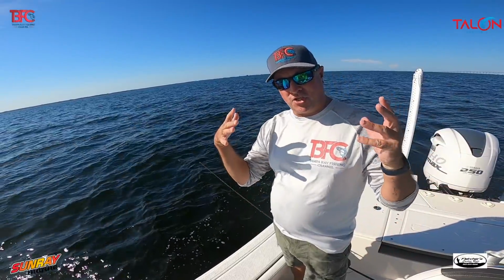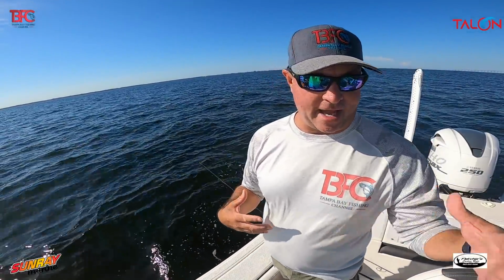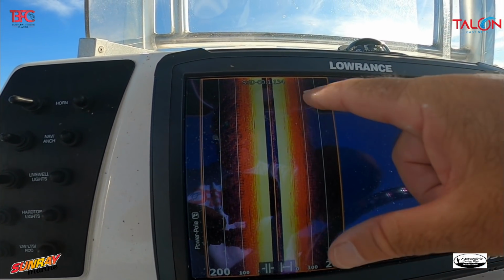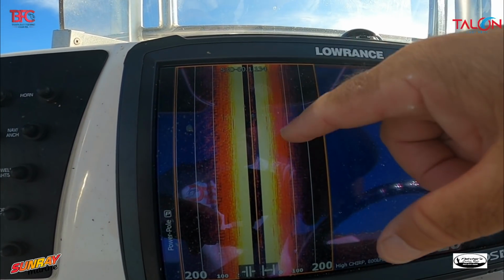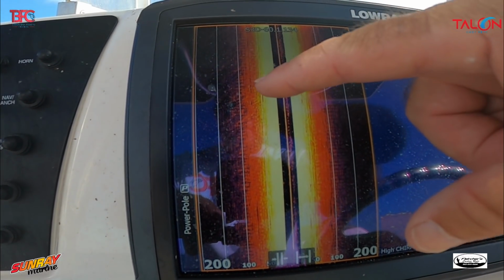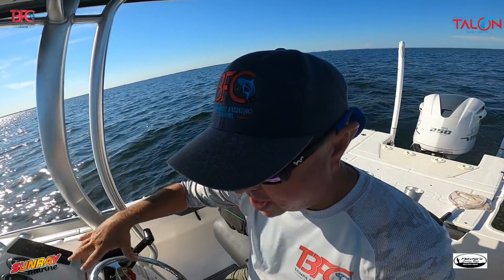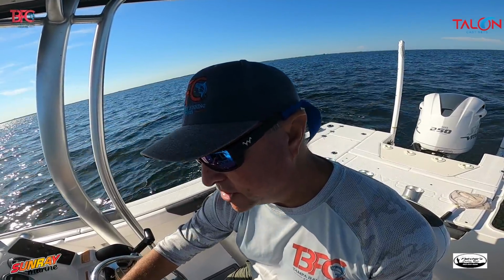What I'm going to do now is show you exactly what I'm looking at and why I'm looking at it, so you get a better feel of what I'm looking at on the side imaging. Okay, so you really don't see much on the regular sonar, but these little lines right here are telling me that those are little ledges. Out in this area there are a ton of little ledges all along in here. So these little lines here, here, in here, here, they're telling me that there's little ledges and rocks in this area. Even though I didn't mark anything on my regular sonar, I'm relying on my side imaging to find these